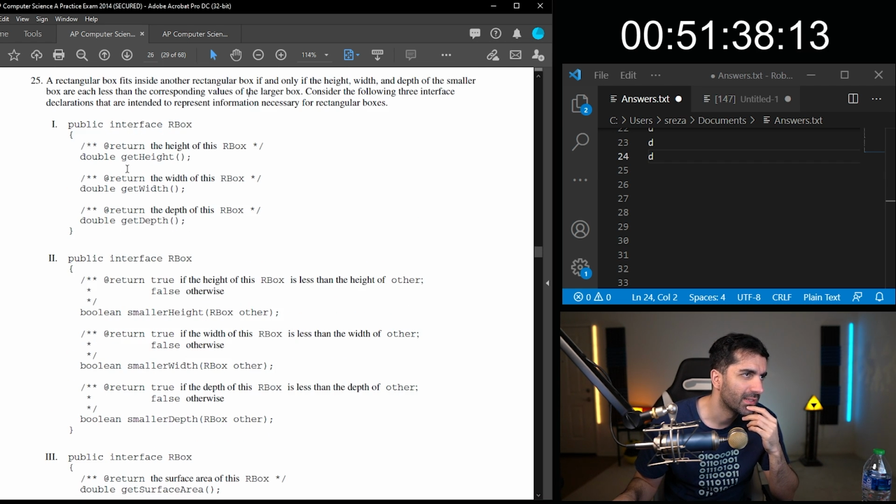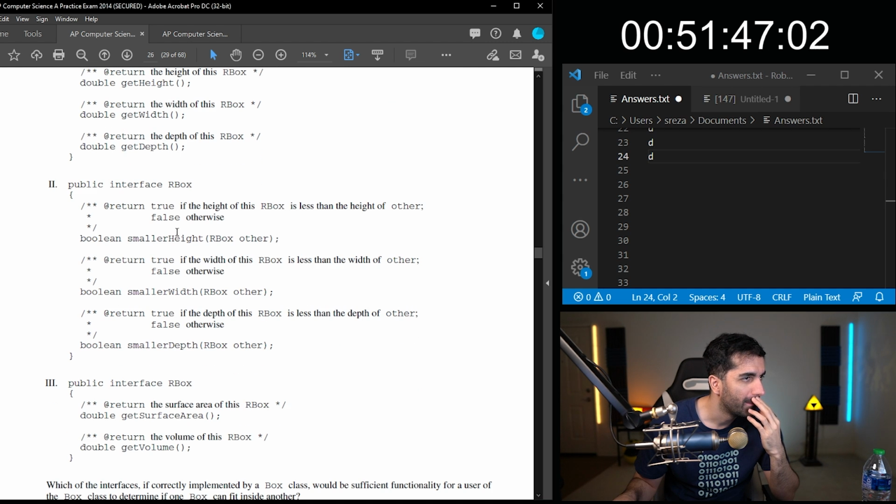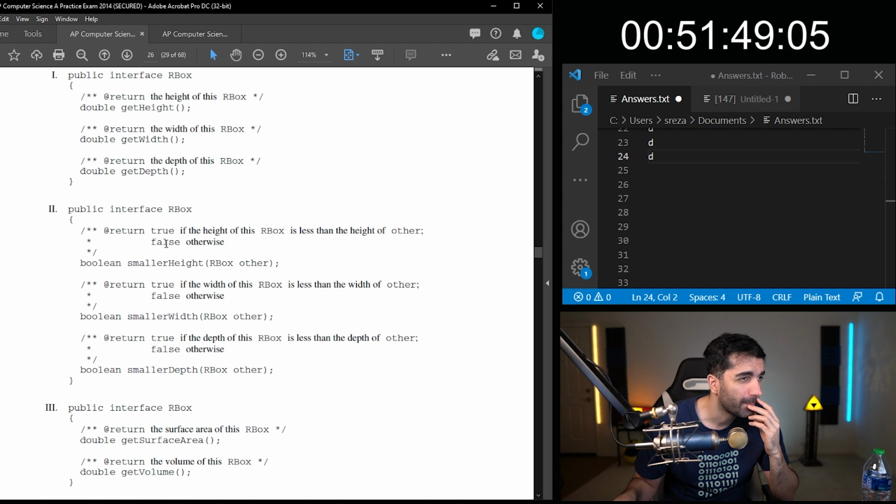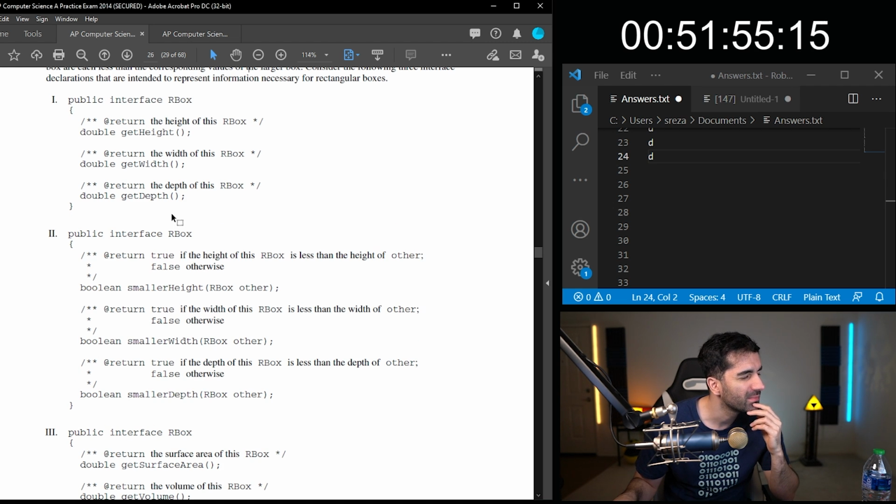I feel like get height, get width, and get depth would work, right? Because you have all 3. Return true if the height of this box is less. Okay, maybe.